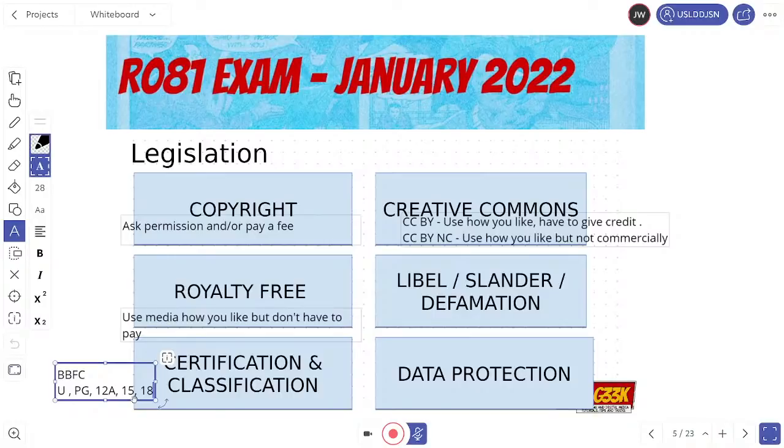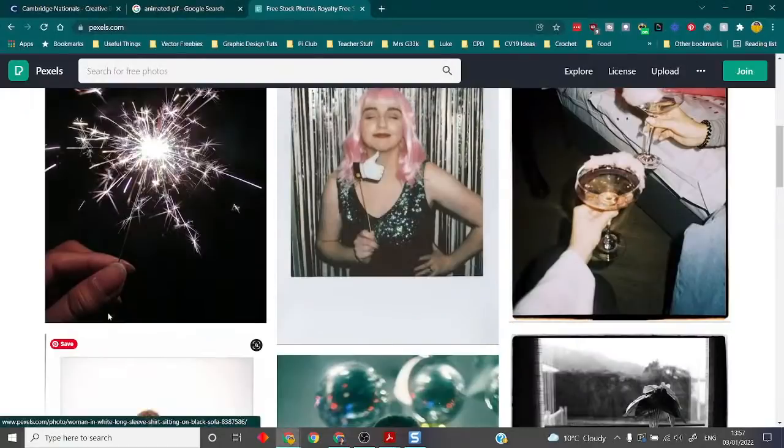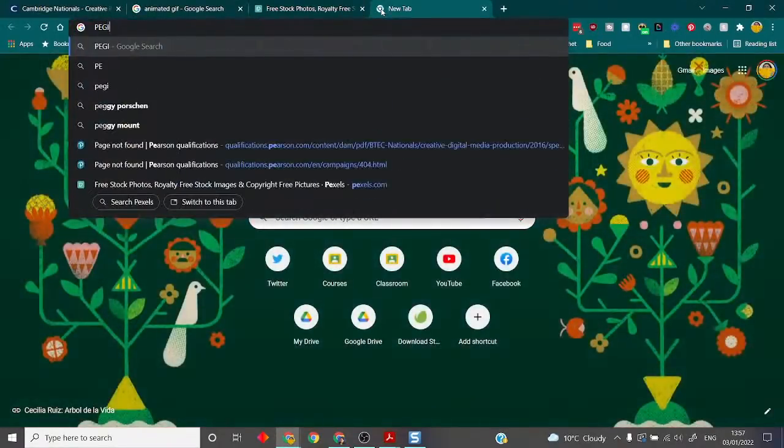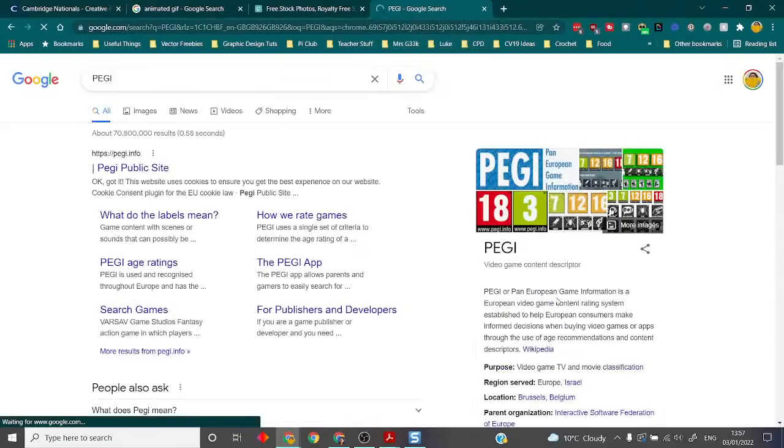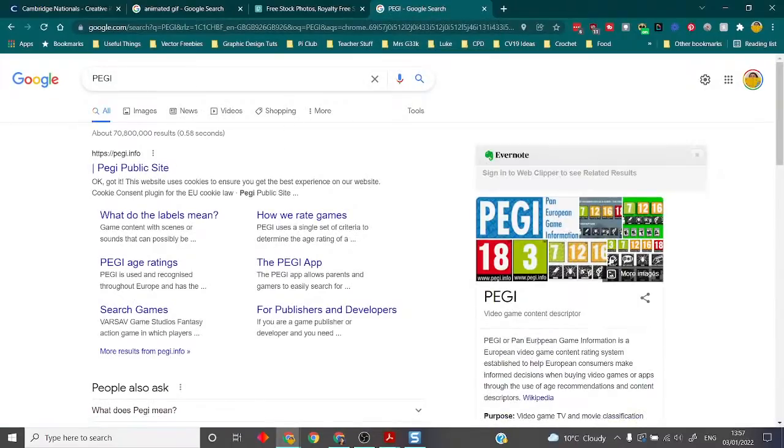And classification is the same but with games, and you will know that as the PEGI rating, which is the Pan-European Gaming something. I don't know if anyone knows what the I stands for. Let me Google. PEGI is the Pan-European Game Information. There we go.